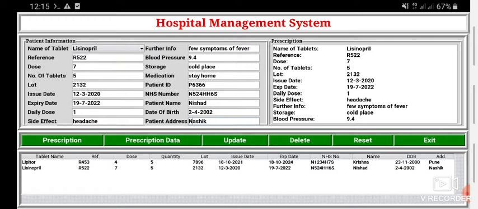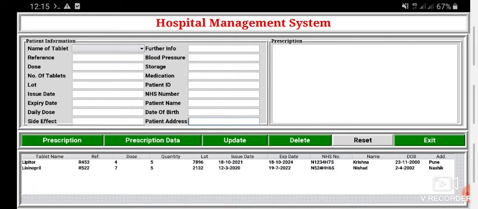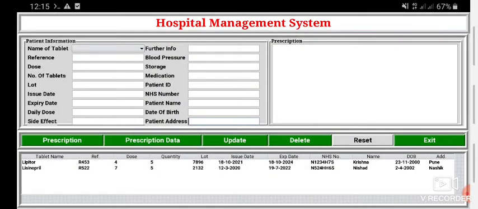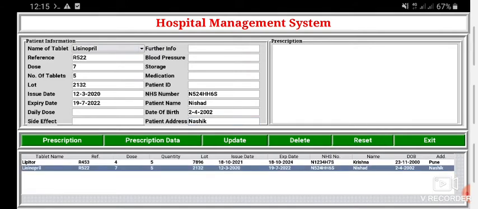Now let's reset it. So whenever a person comes and wants to see his record, he will just click on this record, as we can see in the last section. And when we click it, all the details appear in the inputs.